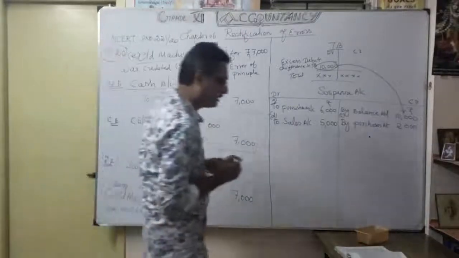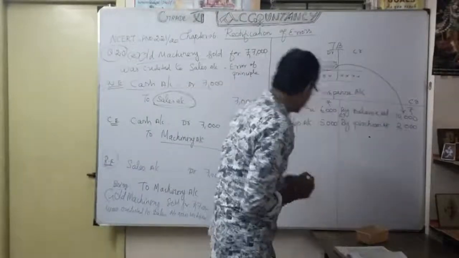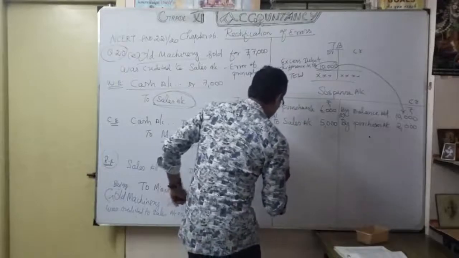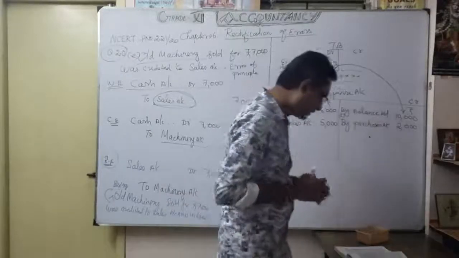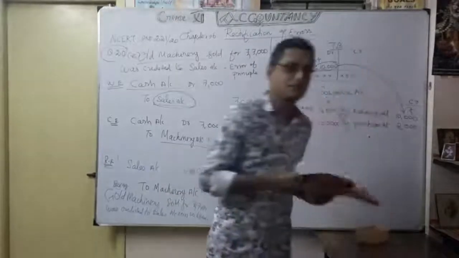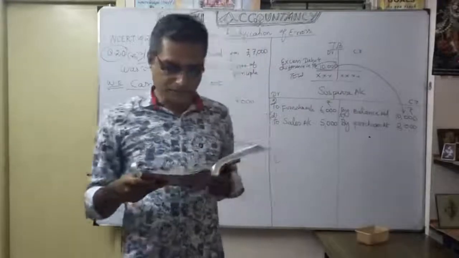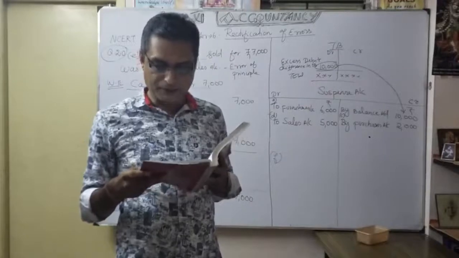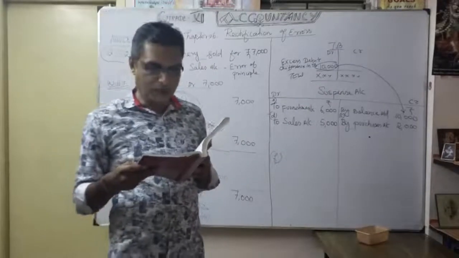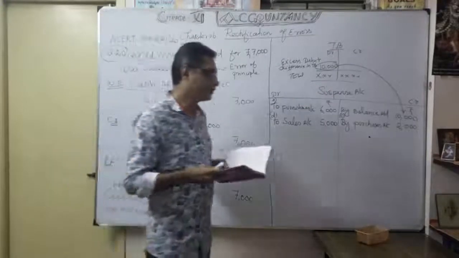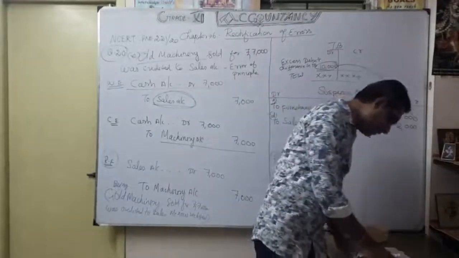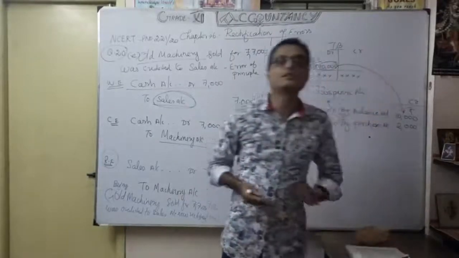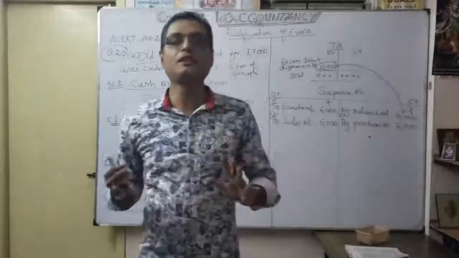Okay, now let's see. Finally, what is that? Finally, F. So what is F? They said discount. Let me read it. Discount received 800 from Kannan on paying cash to him was not posted. Here it is totally not posted. They enjoyed the benefit through the form of discount received. So it is totally not posted.